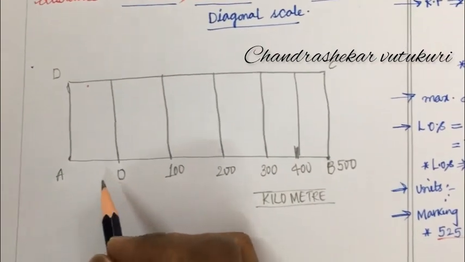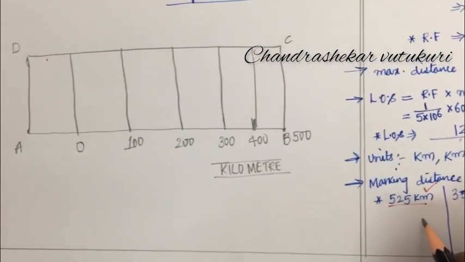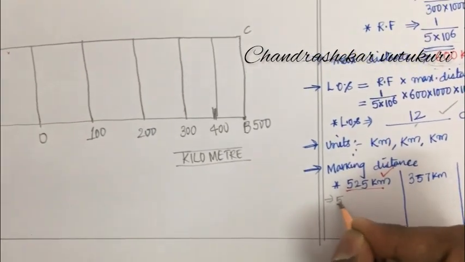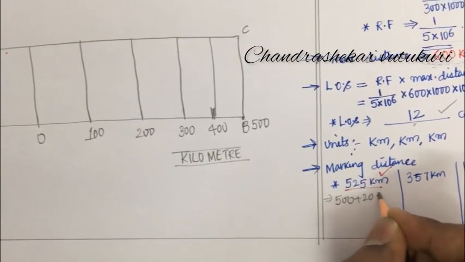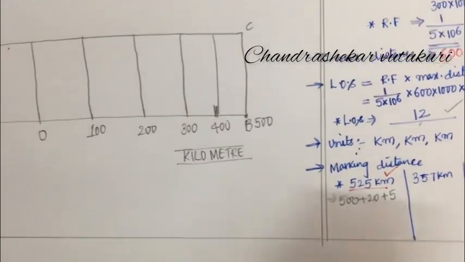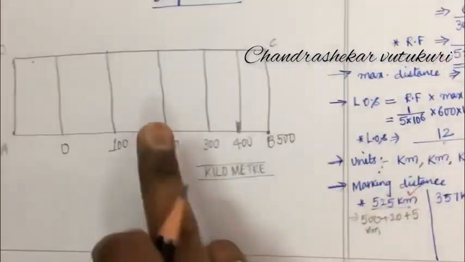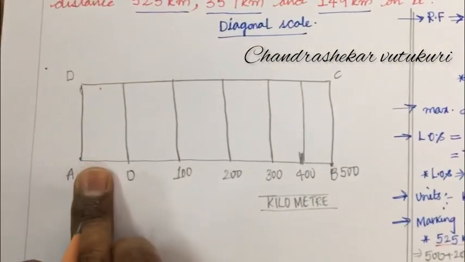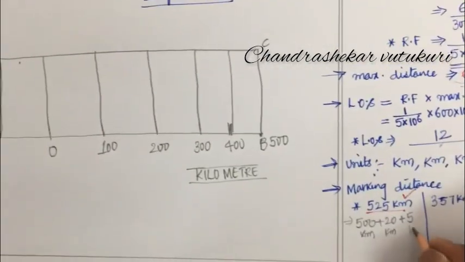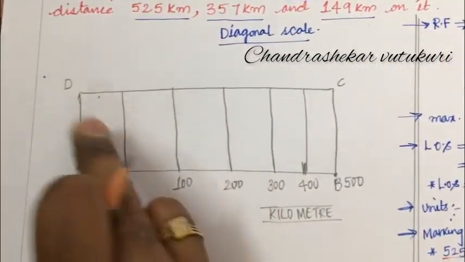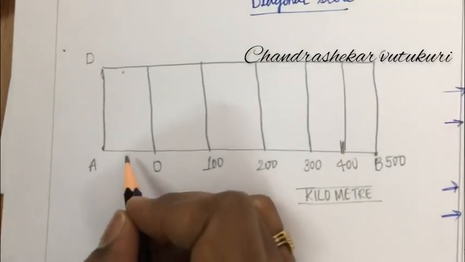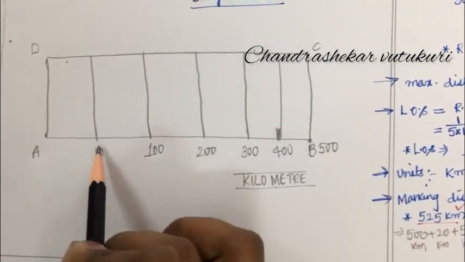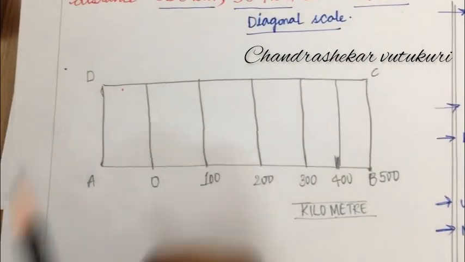Now, later if you look at the marking distance, this is all about 525. How this 525 can be written as a mathematical expression is 500 plus 20 plus 5. Isn't it, dear students? I mean 500 kilometer along the main scale, this is the main unit, and 20 kilometer along the second unit, subunit, and the 5 kilometer along another subunit. So, this scale is of hundreds, the main unit, and this is of tens, and this is of ones division